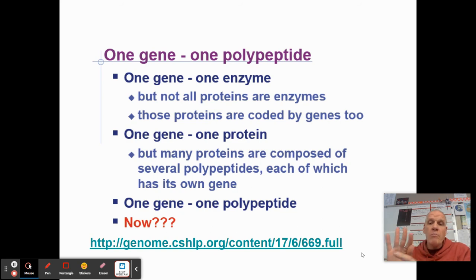And many proteins, that's all they go to. But as you know, many proteins have this quaternary or fourth level structure, which is 2 or more of these properly folded tertiary proteins coming together to make a functional enzyme. Like hemoglobin. Hemoglobin has 4 chains coming together. So it has 4 different polypeptides that come together to make a functional hemoglobin molecule. Okay, so then they went into this one gene equals one polypeptide idea, but now we know even more,